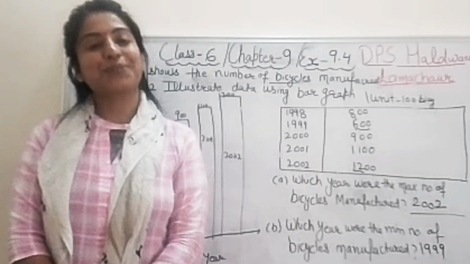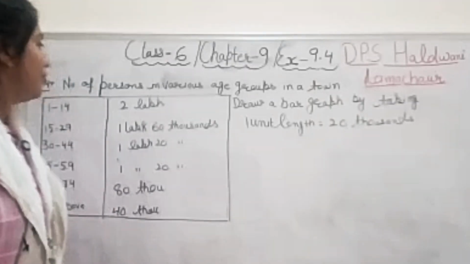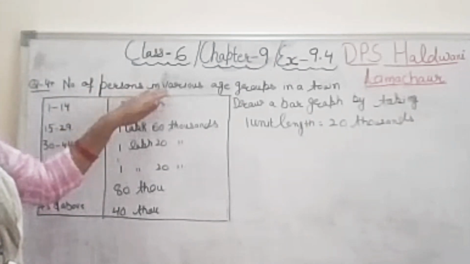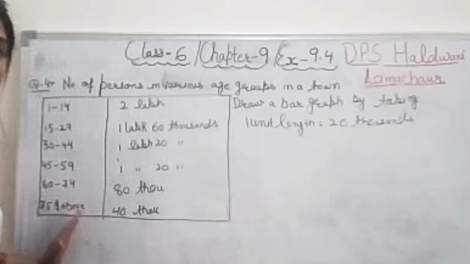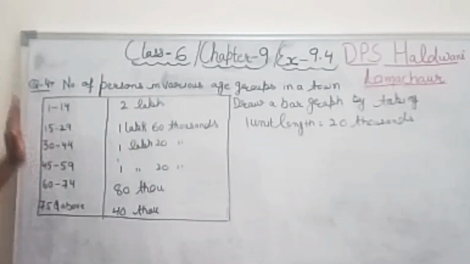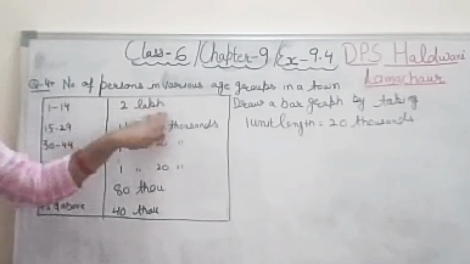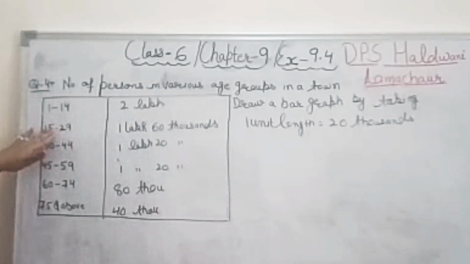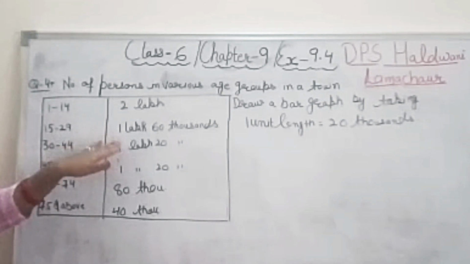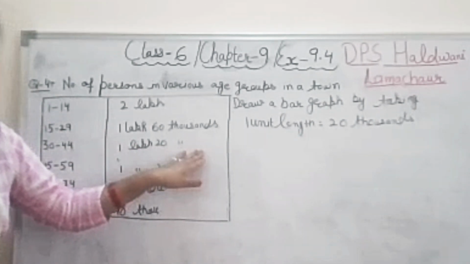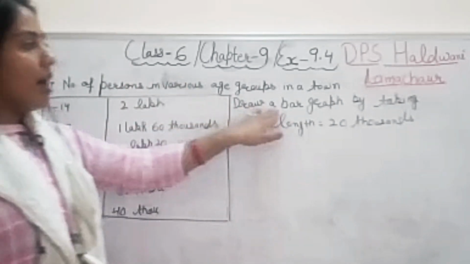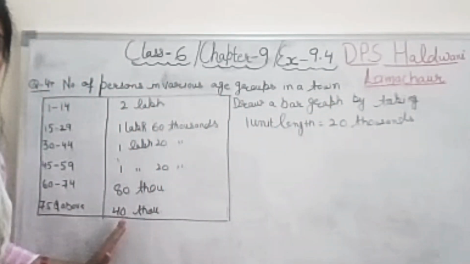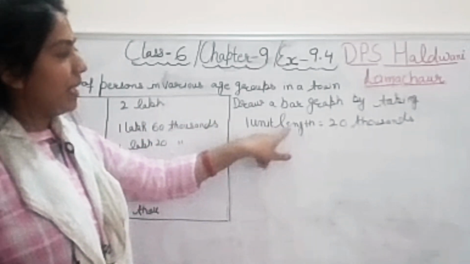Now coming to our next question, question number 4. The number of persons in various age groups in the town is shown in the given table. It means in the 1 to 14 age group, these many persons are there. 15 to 29, 1,60,000. 30 to 44 age group, 1,20,000 persons are there. So this is the table, and draw a bar graph for this table by taking 1 unit length equal